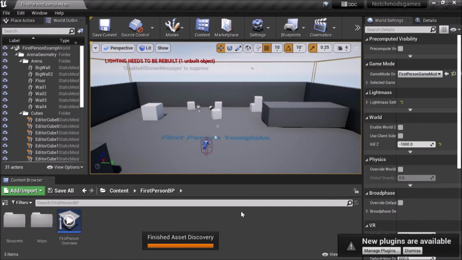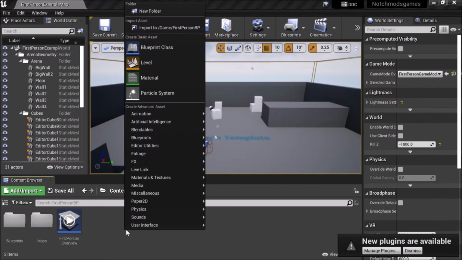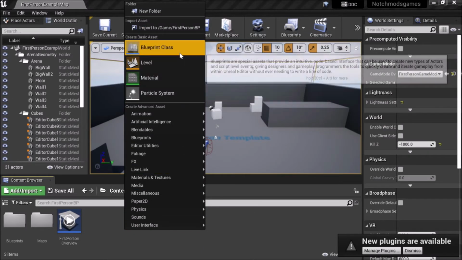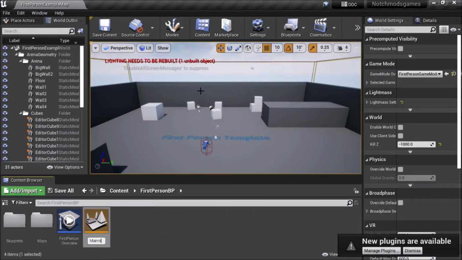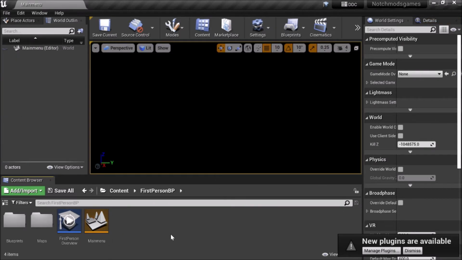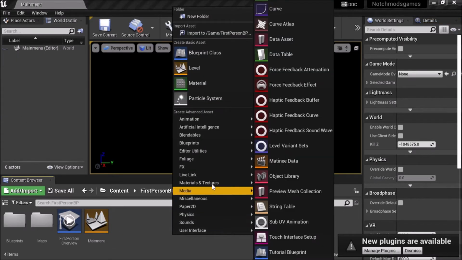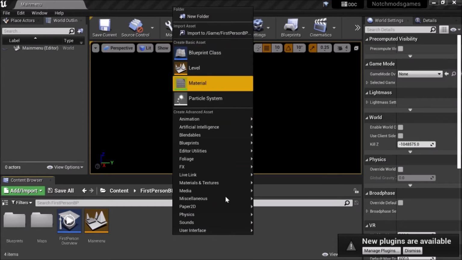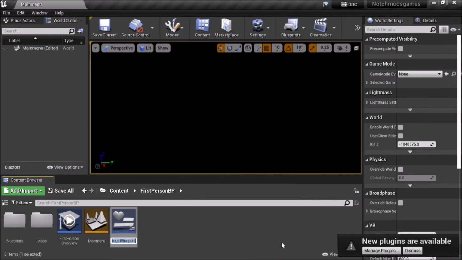Alright, now that our project is open, it's time to create our main menu. Firstly, right-click on the content browser. Click on Level and then name the level. Now click on the level to open it. Now that we have opened our level, what we need to do is right-click and hover the cursor over the user interface and click on Widget Blueprints and then